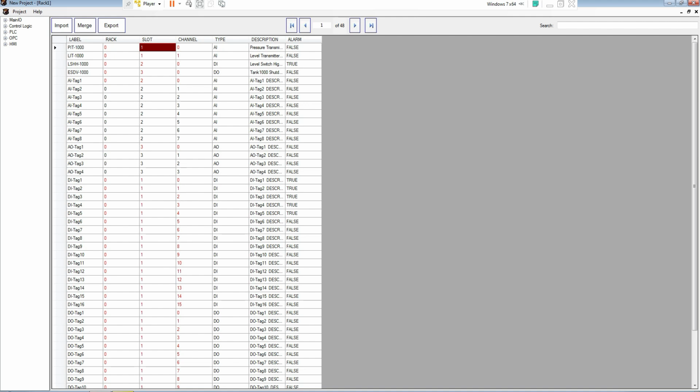The reason for that is when you have a duplication in your address, the main IO or the list will detect that for you automatically, and then it will be flagged in red, telling you that you have a duplication, and then you can correct that, because as we know, we can't have duplicate addresses for two different tags. It will not be a good thing for your program, and these are very hard to detect,